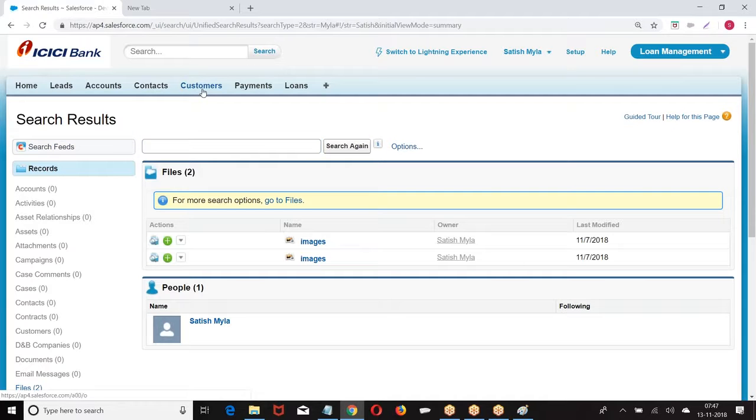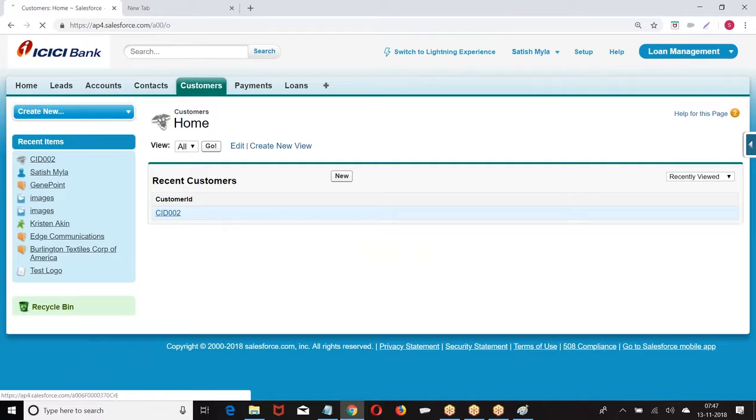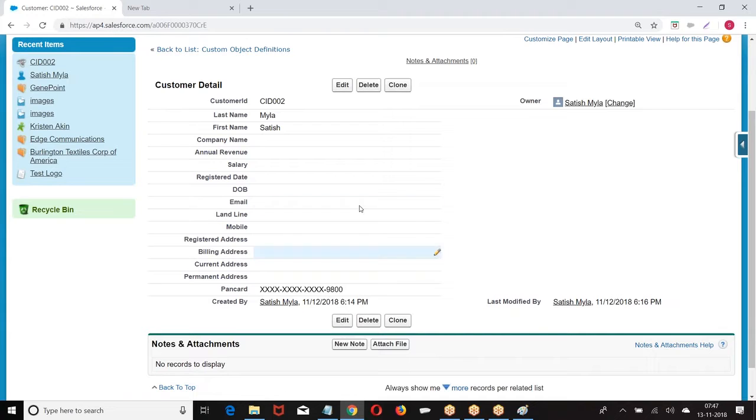Can I search data based on this field? You cannot search. Can I use this field in formulas? No. Can I use this in validation? Yes. We can display this field, but it will be displayed in encrypted format only. I can display this in multiple pages, but it will come in encrypted format only.